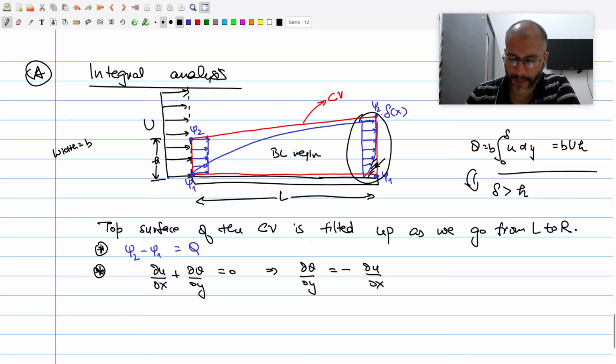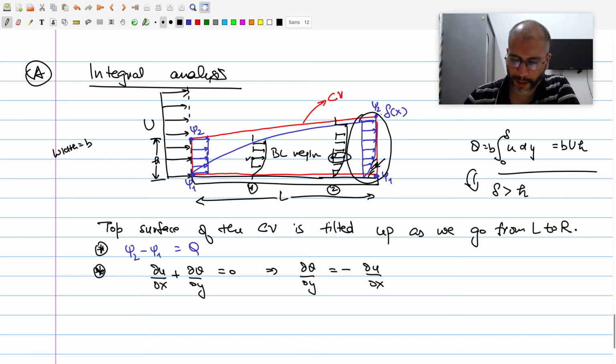In fact it is negative, and we can get a feel for that from the idea that, I just told you, the boundary layer thickness is increasing as we go from left to right. So if the thickness is increasing, and if I was to take a point here and a point here, which was, let's say, on this section 1, the center of the profile here, the flow velocity would be something here. But on the right hand side at section 2, the delta is now very high. So that means the flow velocity would not have reached the same value that it reached here. It would be something less than that, because it still is increasing and it has to go to U in that longer distance.